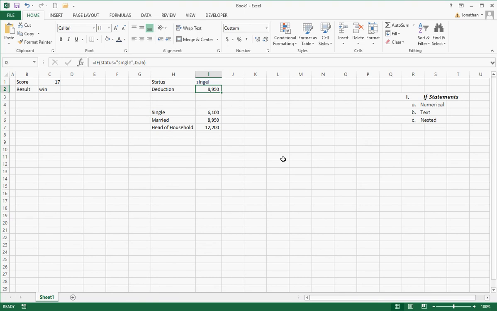Then it shows me that's married, because what this is saying is if status is single, exactly those words exactly, then give me this. But if I misspell it, I'm off. That's why I want to do